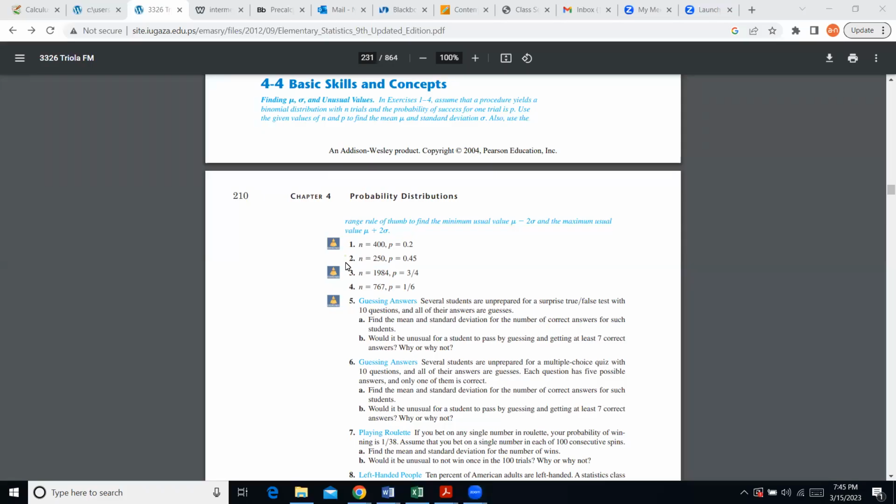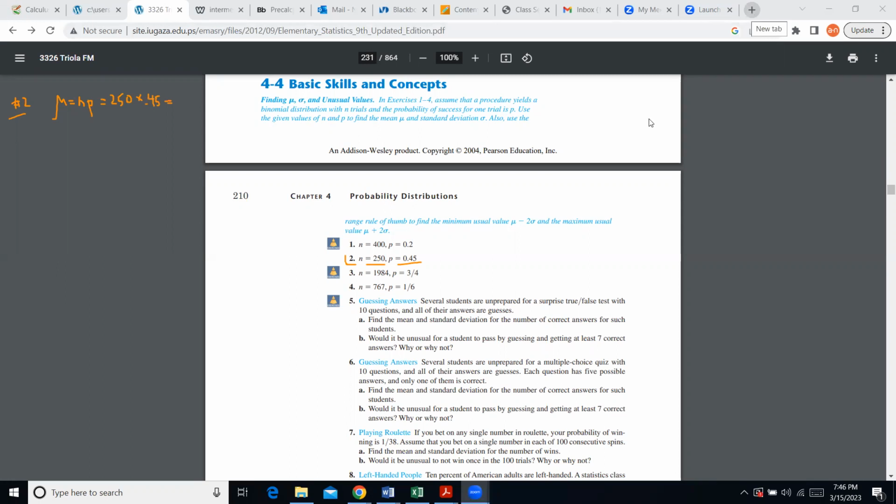So we had exercise number 2, a question. I just asked you for a mean, which is called mu, and that's n multiplied by p. Assuming that they gave you both n and p, then you just need to multiply 250 by 0.45, right? So when you multiply these two numbers, I guess you need to get the calculator,